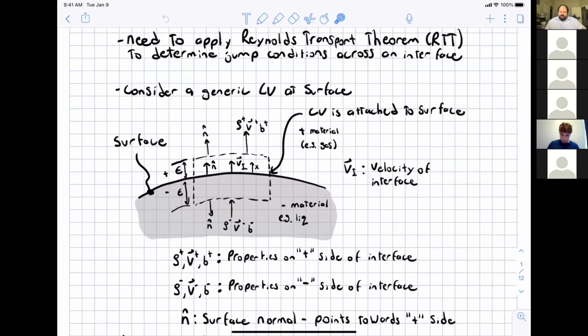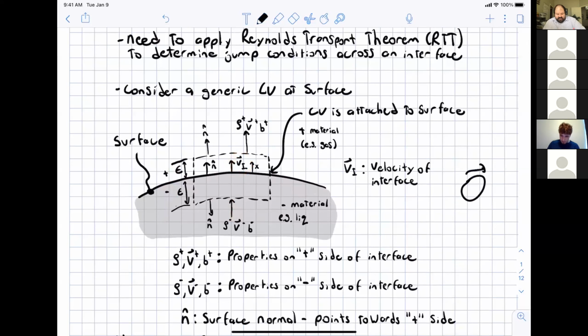Here we need to define all sorts of quantities. I will say that the surface can move, in general, with some velocity VI, because if this was a droplet, the droplet could be deforming, jiggling around, and flying around in space. So in general, the surface can move, and you need to account for that. And I'm going to attach the coordinate system x to the surface,